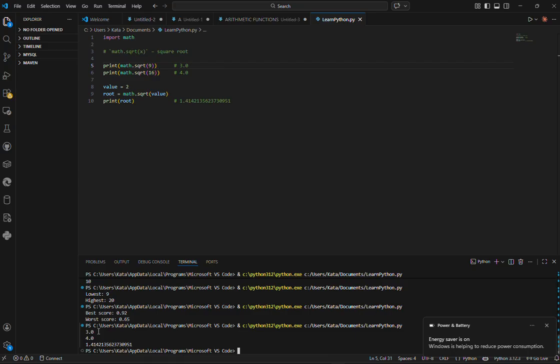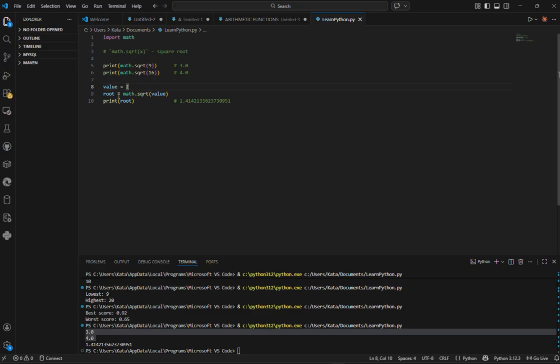And right here at the bottom, we can see in our console that these two values have been computed to be 3.0 and 4.0 as floats. Another one, let's assume we have a variable 2, right? And we're trying to get the square root of that value, right? So we would say